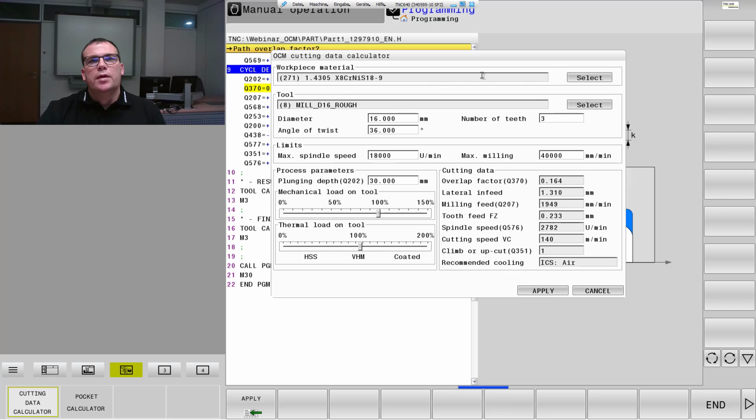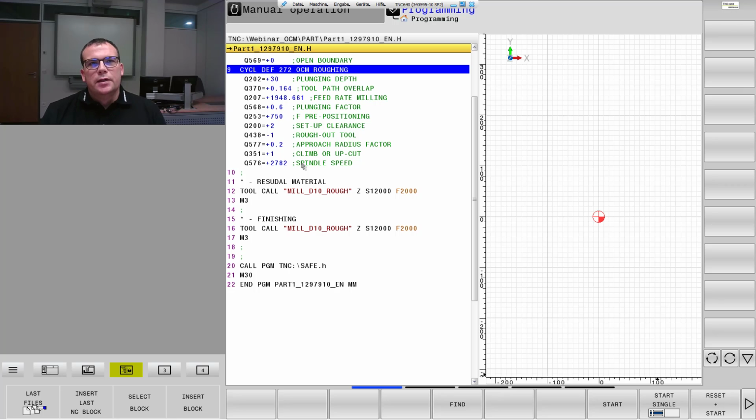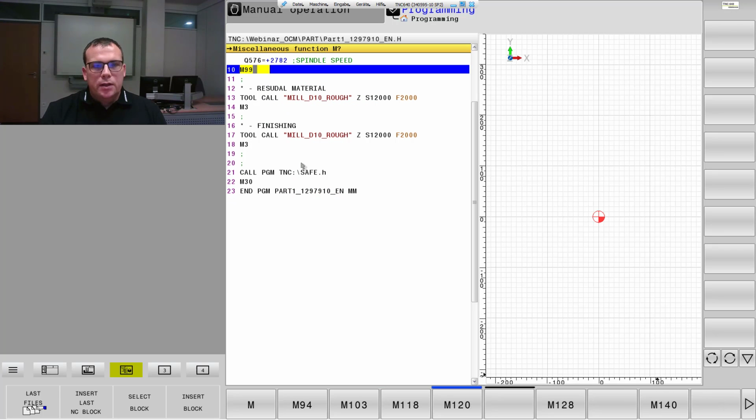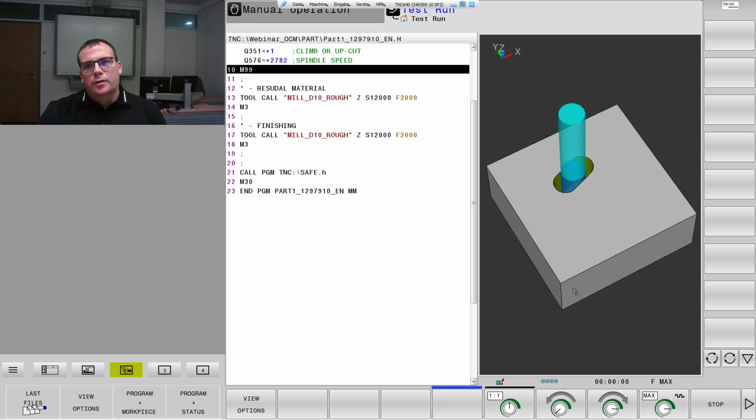Normally, there is a good starting point to use the normal calculated values here. Then I can say apply. And then the control just brings the tool path overlap, the feed rate milling, and the spindle speed automatically to my OCM cycle. So M99, and let's take a look at the graphic